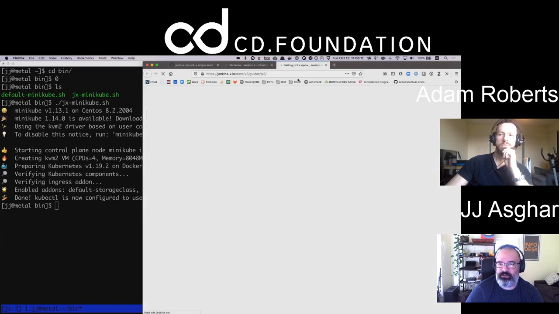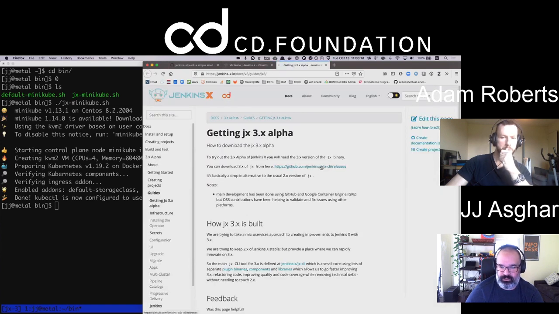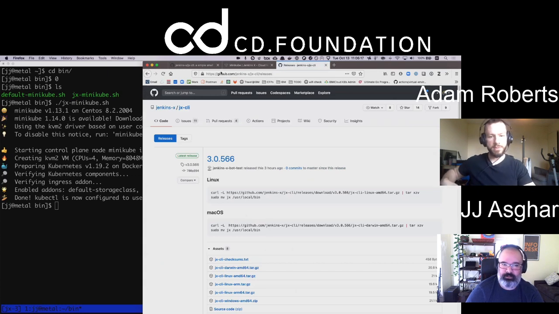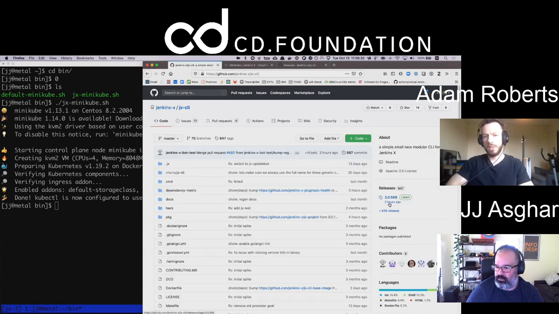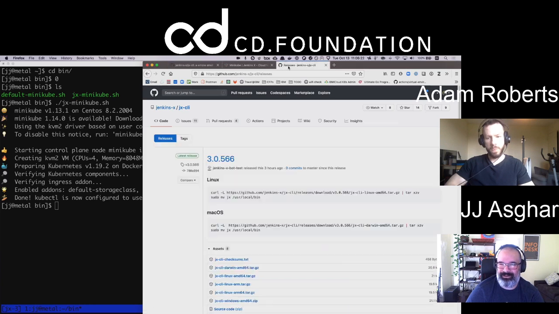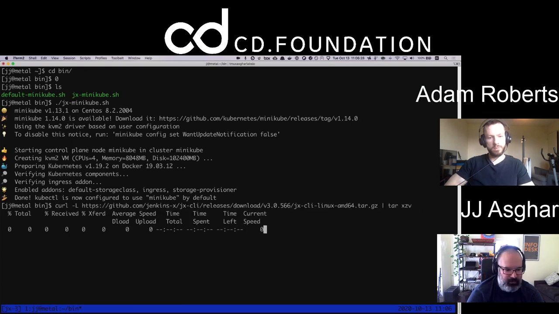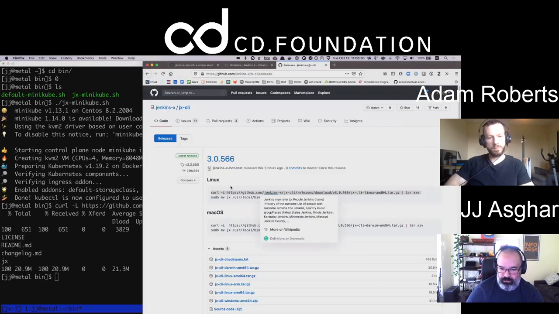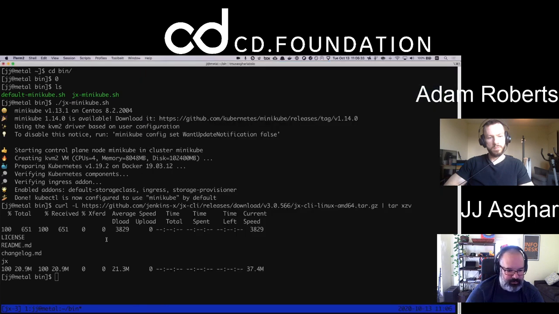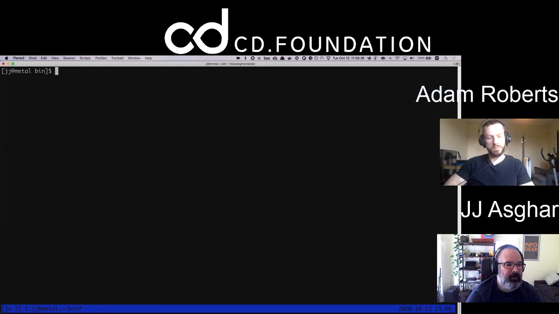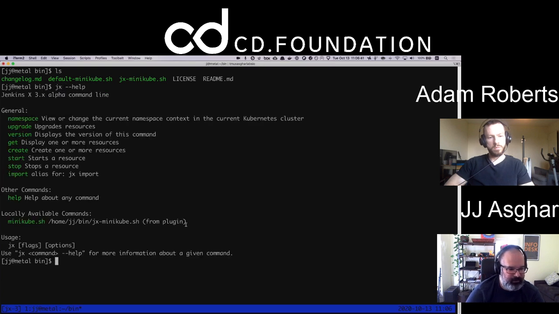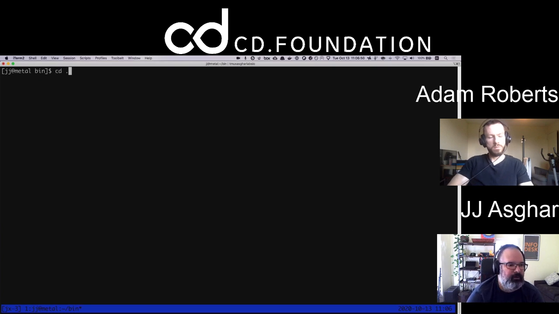Now, first things first, we should probably update our Jenkins-X instance, right? Yeah, whenever a new commit happens, there's a new build. So there was the latest JX3, 3 hours ago. Yeah, so 3 hours ago. So let's go ahead and copy this down. All right. And then we should copy this in. There we go. All right. So JX help 3 alpha doesn't actually tell us what to do. Interesting. Okay. So we are now there.